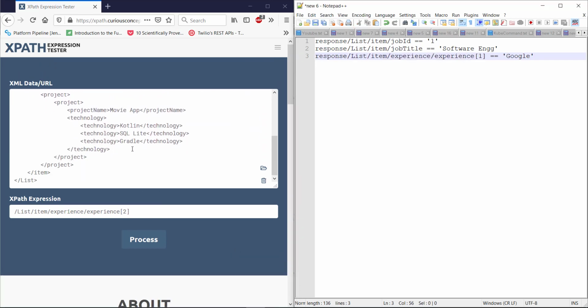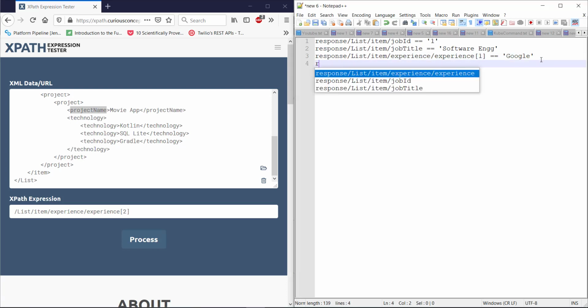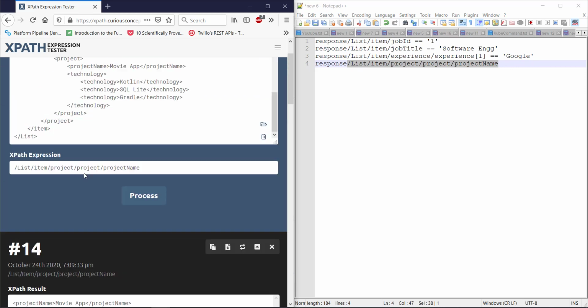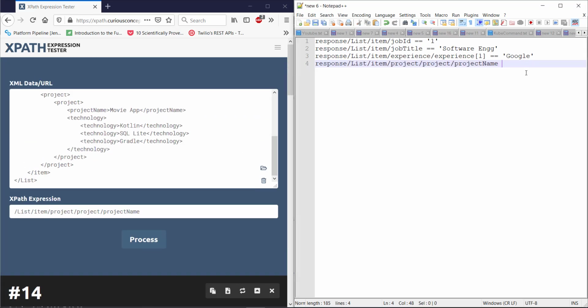In a similar manner, for this property, the XPath will be... The technology node is also a list or array. In order to fetch a particular value, I need to use an index with it.